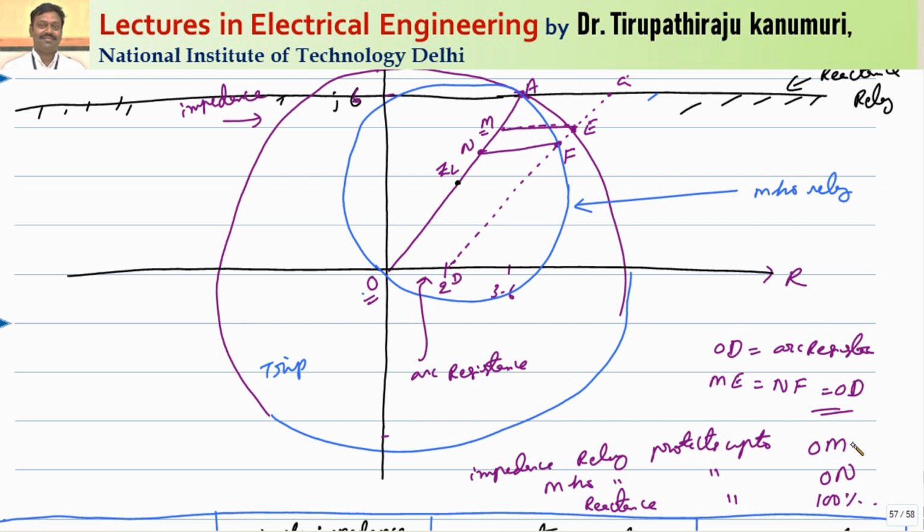If you measure the value of OM, it will come as 82%, and if you measure this one, you will get 77%. That means the reactance relay will protect 100% of the line, the impedance relay protects 82% of the line, whereas the Mho relay protects 77% of the line. Seeing this, we can tell that wherever your arc resistance is comparable to the impedance of your transmission line, it is better to go for the reactance relay, the next preference will be the impedance relay, and the last preference will be the Mho relay.